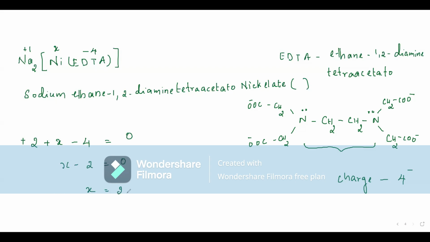So X is equal to 2. So here, name is sodium ethane 1,2 diamine tetraacetato nickelate 2. Next example,